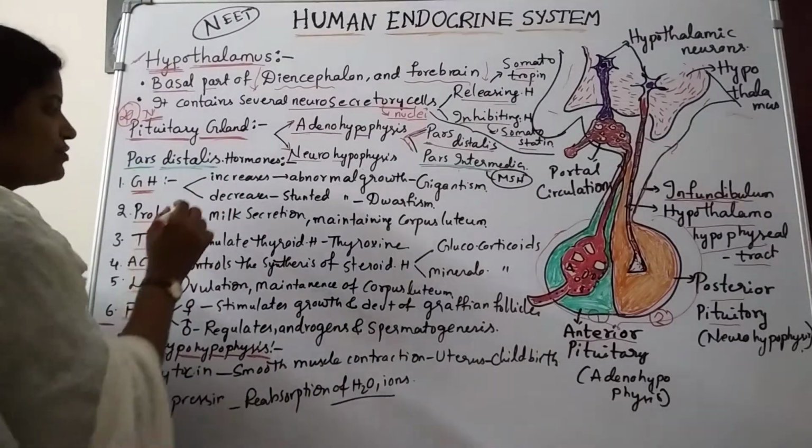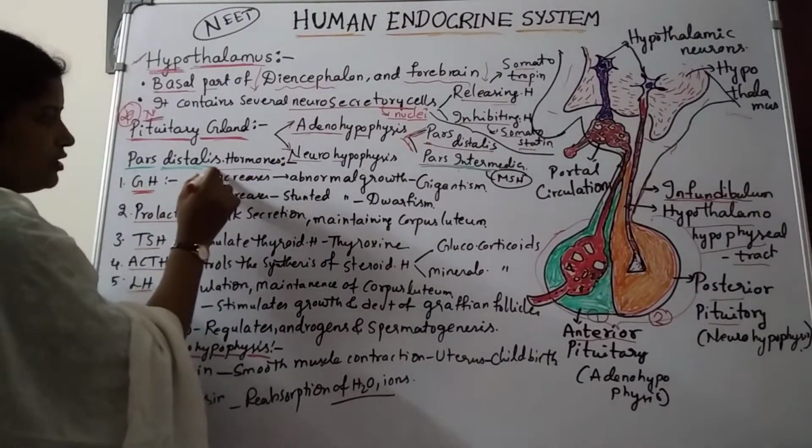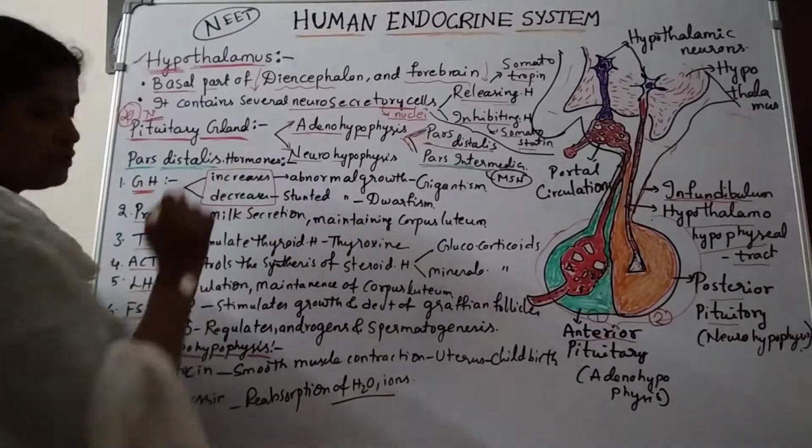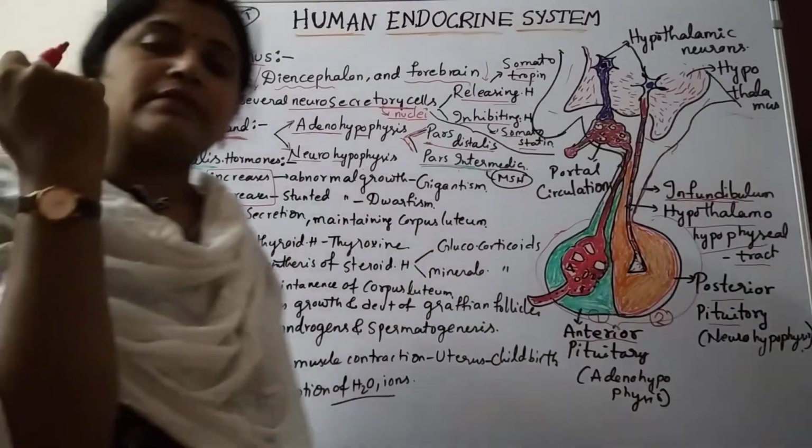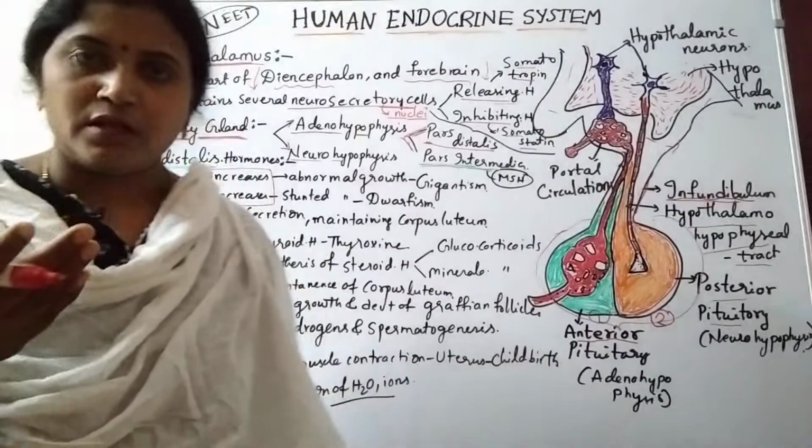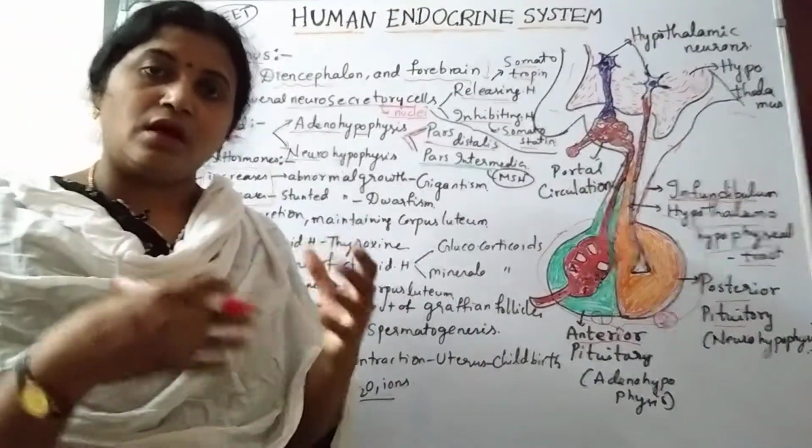So here we have to see the abnormalities. Abnormalities means these conditions. If growth hormone increases above the normal levels, if growth hormone releases above the normal